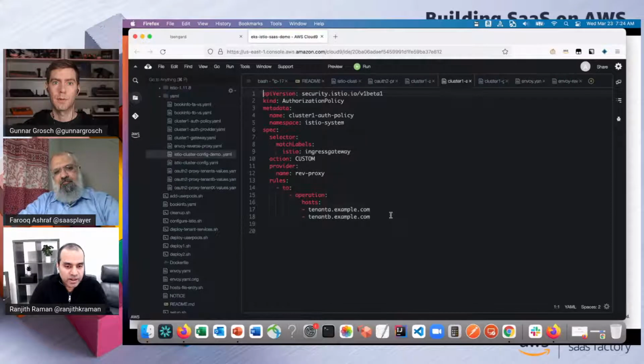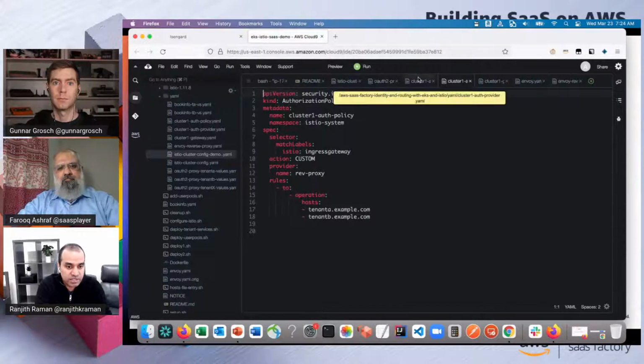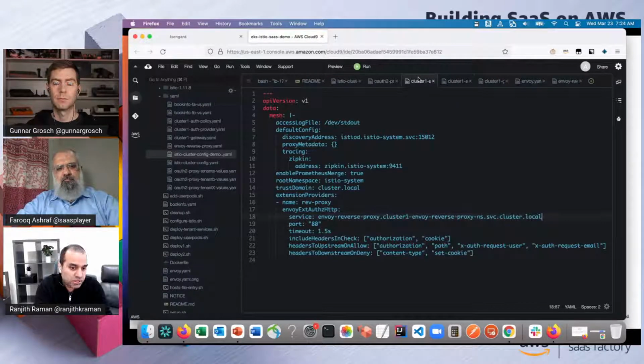So just to highlight something that people might encounter, there are a lot of folks that use things like OPA, the Open Policy Agent, for enabling authorization. All we have to do is, the external provider in this case is OAuth Proxy.